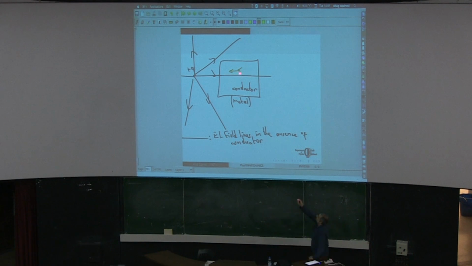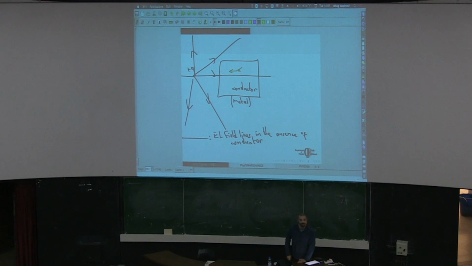Because as I wait here, there will be more and more electrons moving towards this side. So the surface charge densities at these two opposite surfaces will increase, and hence this additional electric field will get stronger with time, and eventually the electric field created by the motion of these electrons will be strong enough to cancel the electric field created by this external field, and we have 0 electric field. 0 net electric field inside our conductor.